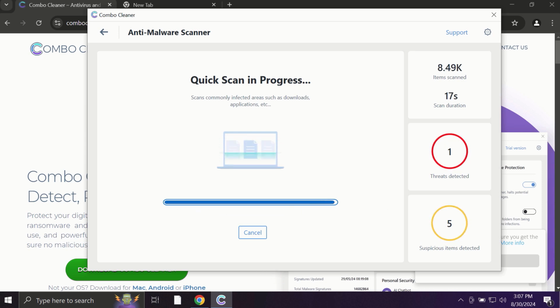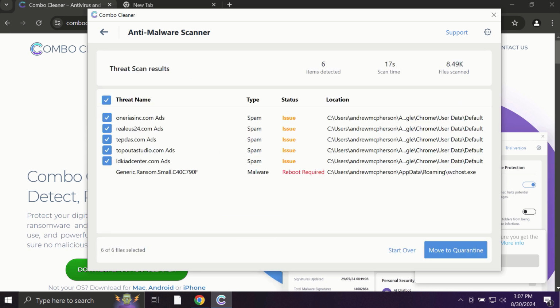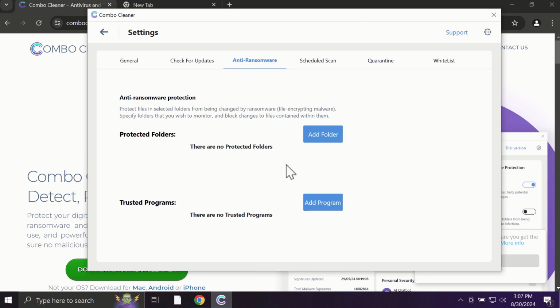Finally, at the end of the scanning, you will see the full summary of all the infections which were found on your system. Based on the summary of threats, you'll be able to know the information about the locations of threats. Some threats can be removed manually, but I definitely recommend you consider upgrading to the premium license. With the premium license, for instance, there is an excellent anti-ransomware feature which helps to always keep your data protected. You can add certain folders on your system, and the contents of these folders will always be under protection